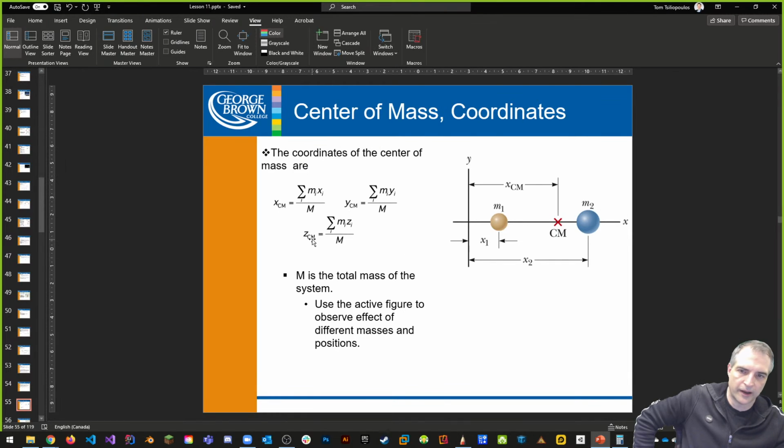And we can look at mass 1 and mass 2. When we combine two masses, where is the center of mass? Well, depending on how much mass is on the right and how much is on the left, if there's more mass on the right than on the left, then obviously the center of mass is going to be towards the right, because more of the mass of the entire system is towards the right, in this case where you have a heavier mass on the right and a lighter mass on the left. Whereas on the y-axis, it's going to be perfectly centered, because we're colliding. This whole system is colliding, as an example, and there's no vertical motion here in this case.